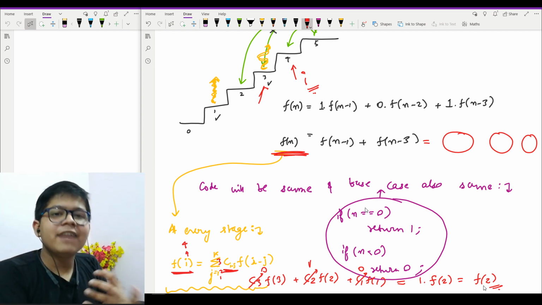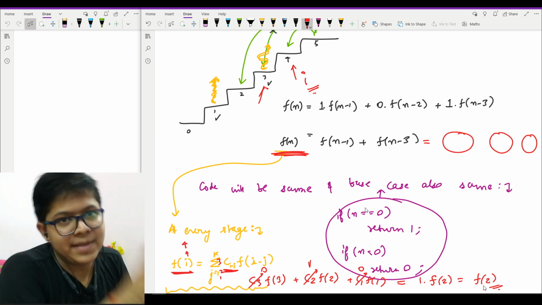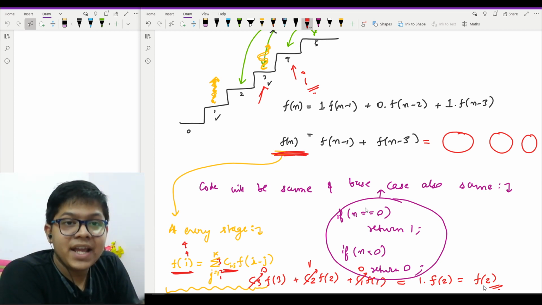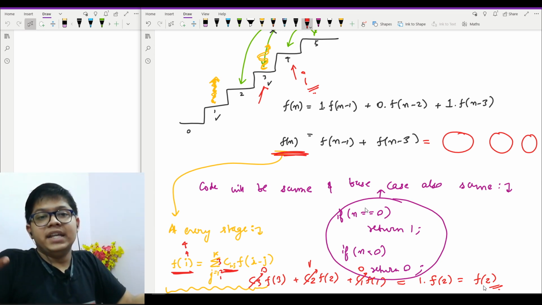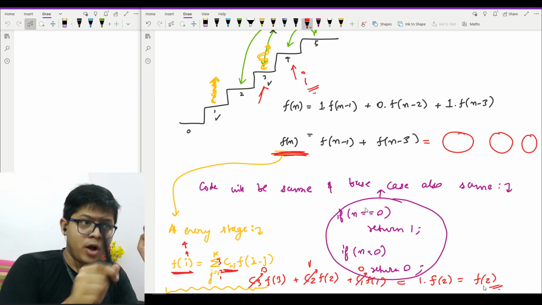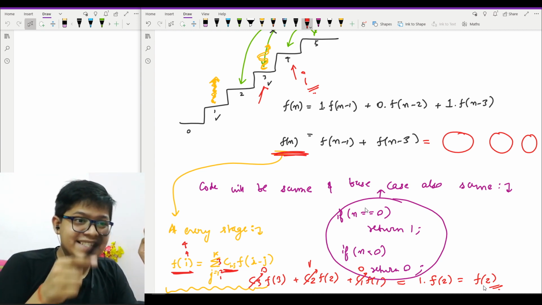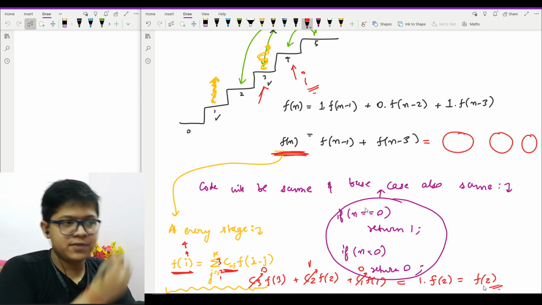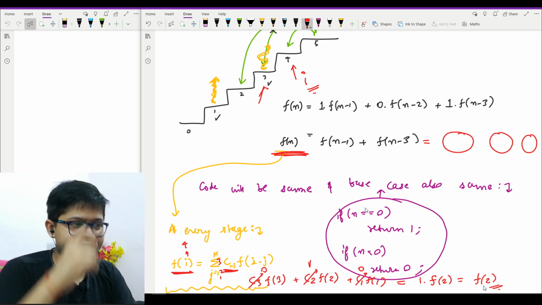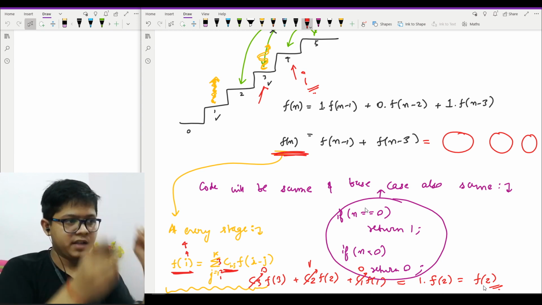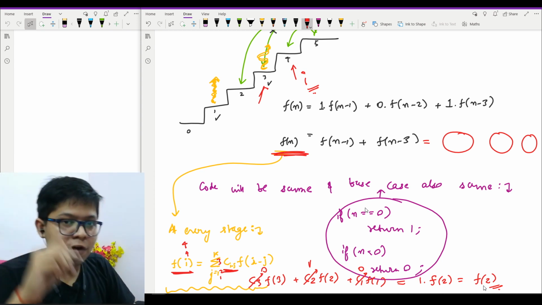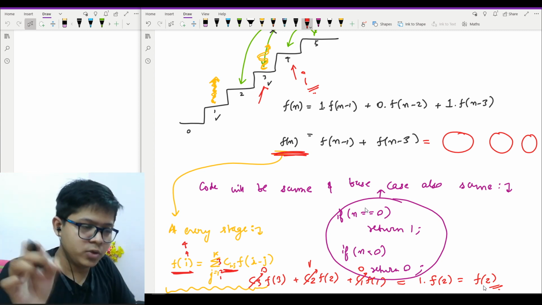Thus, earlier I was writing my f of n as f of n minus 1 plus f of n minus 2, right? But now I need to find my f of i for any i, and I will write it as a for loop from 1 to k of c of i minus j times f of i minus j, which means for the ith stage, i minus j will represent from i minus 1, i minus 2 up to i minus k, and j is from 1 to k.